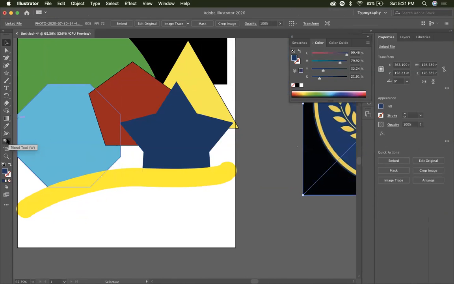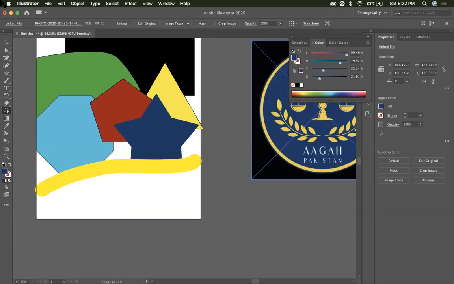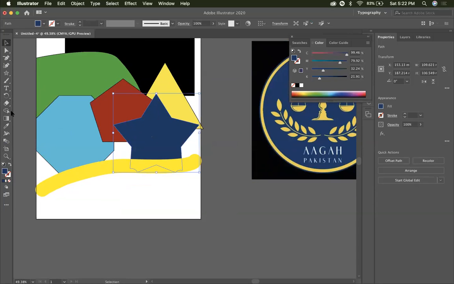So the width tool is not important, nor is the blend tool, and so on. Wait, yeah. This is the shape builder tool below the eraser tool. I forgot it for some reason. So what this does is if you want to join shapes together, like I want this shape and this shape to be joined together. So what I do is, okay, I press,